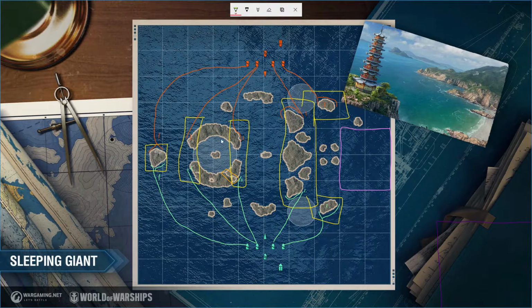But the advantage is when you're in here, there's only two ways an enemy ship can come in on you, except planes. They can come over wherever they want, in whatever direction on you. So yeah,